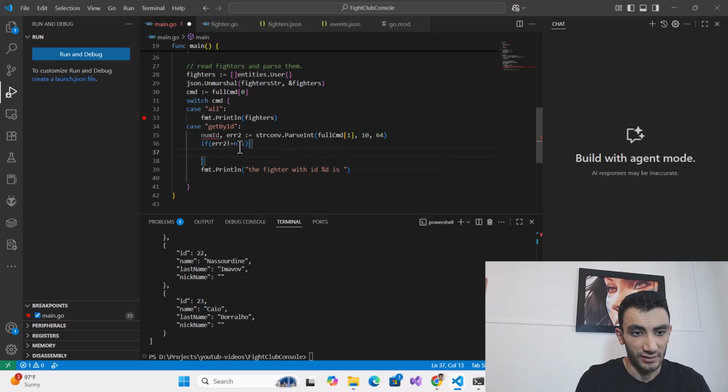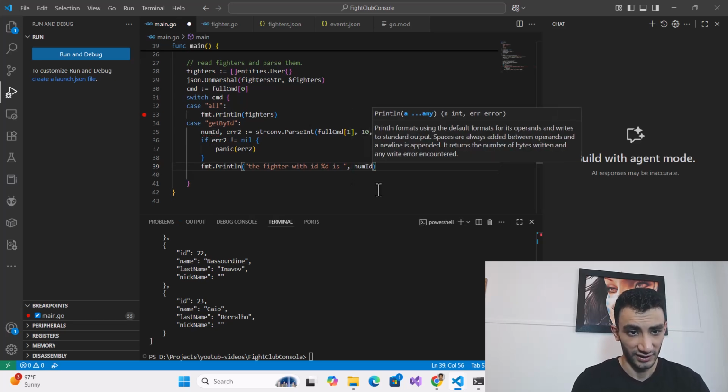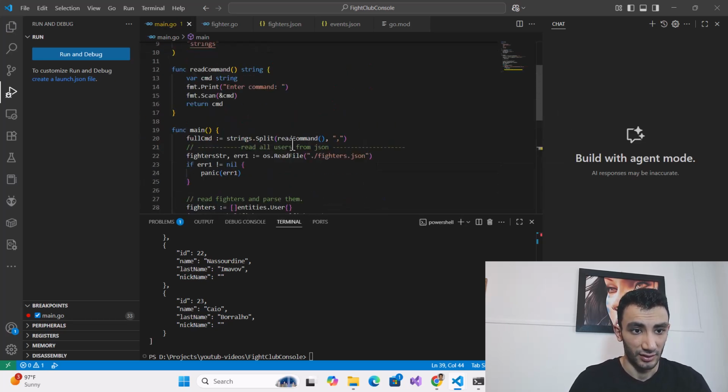We can't parse ID in here because it should be an integer number, so in here I can say number by ID.